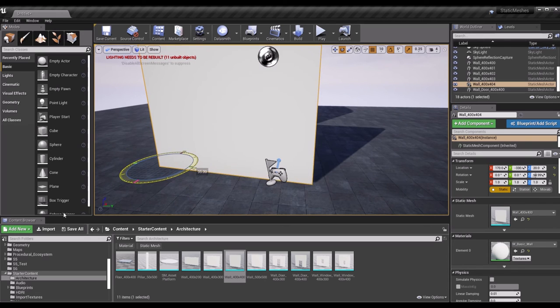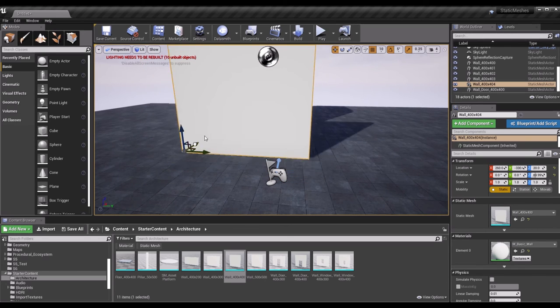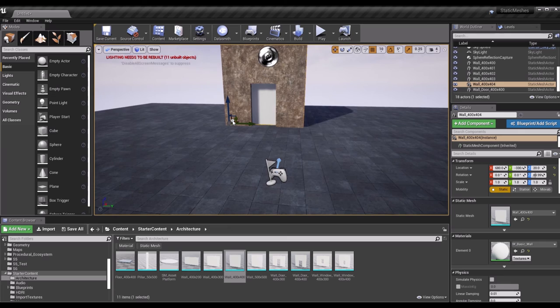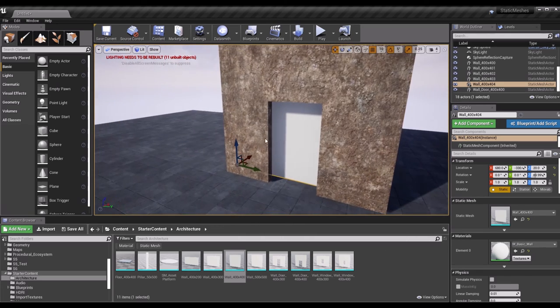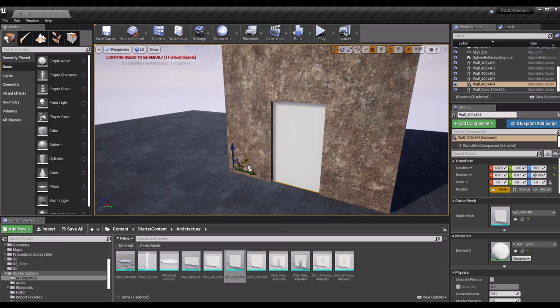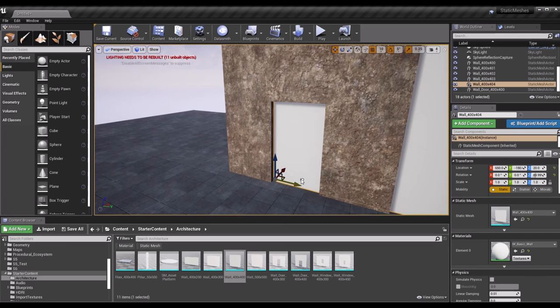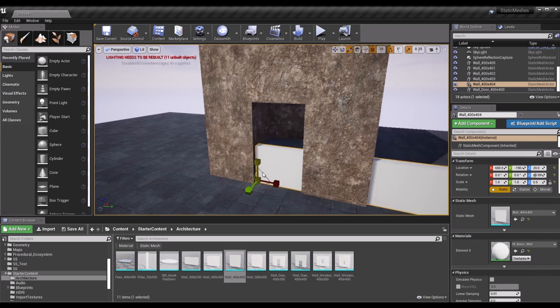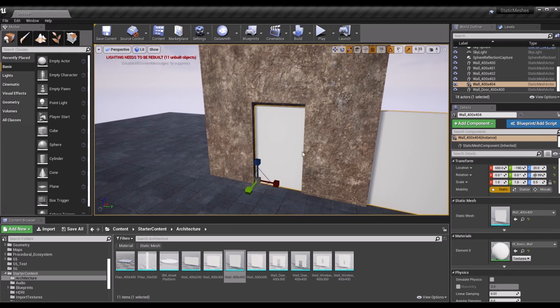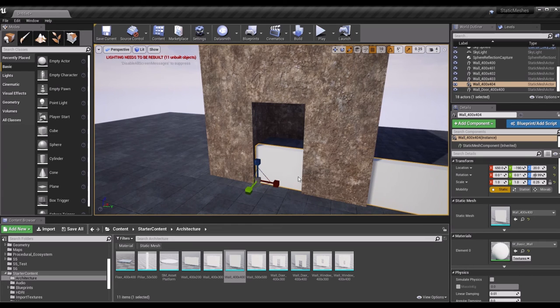First of all, I'm rotating it this way, and let's change its scale. So I'm pressing space key, and as you can recall, I can change the Z scale